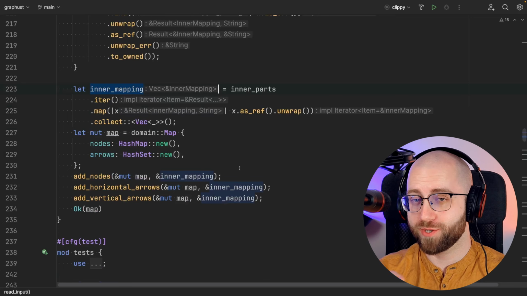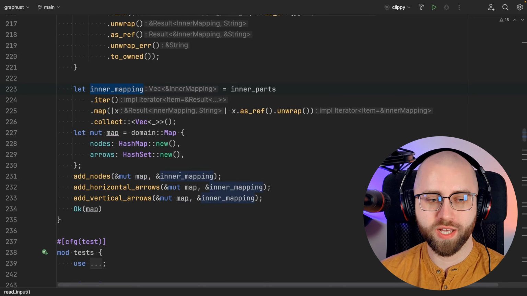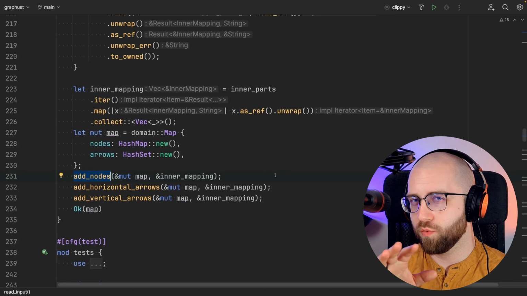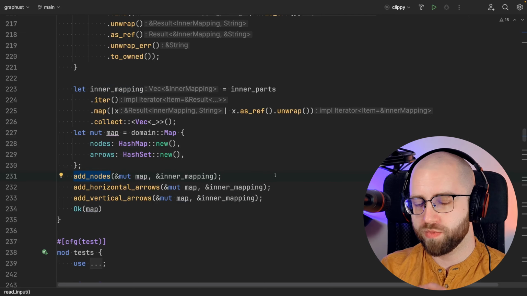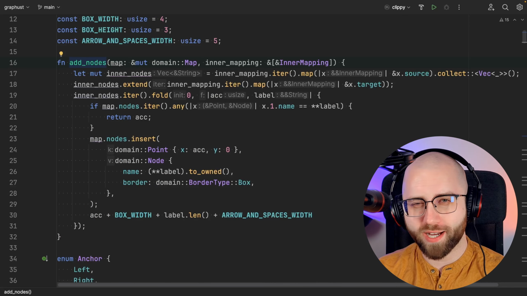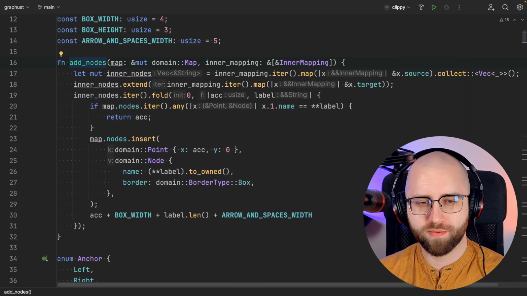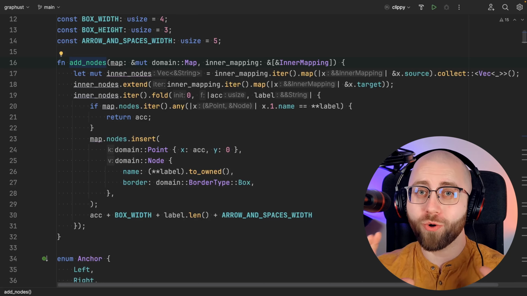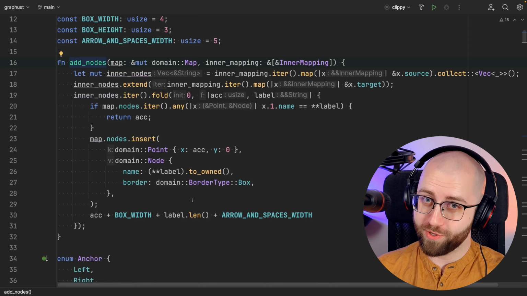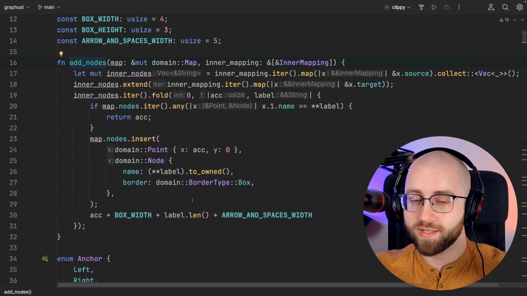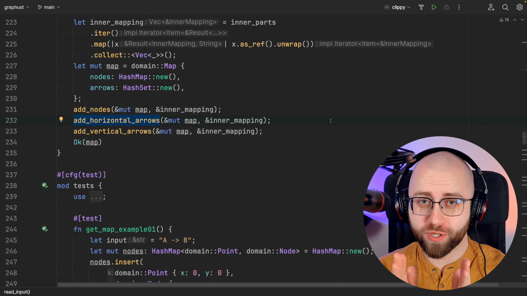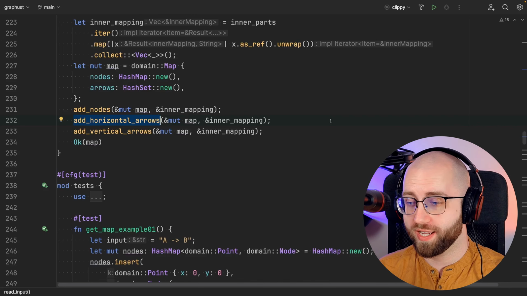Alright, now that we have those mappings and we unwrapped them, we add the nodes. And this for the moment is actually the weak link in the logic, so probably this will change, but we'll see. Add nodes actually does only two things. One, it gathers all the nodes, or rather all the labels for the nodes, then it puts those nodes in one line. Next step is adding the horizontal arrows, which are short and just between two nodes that are close